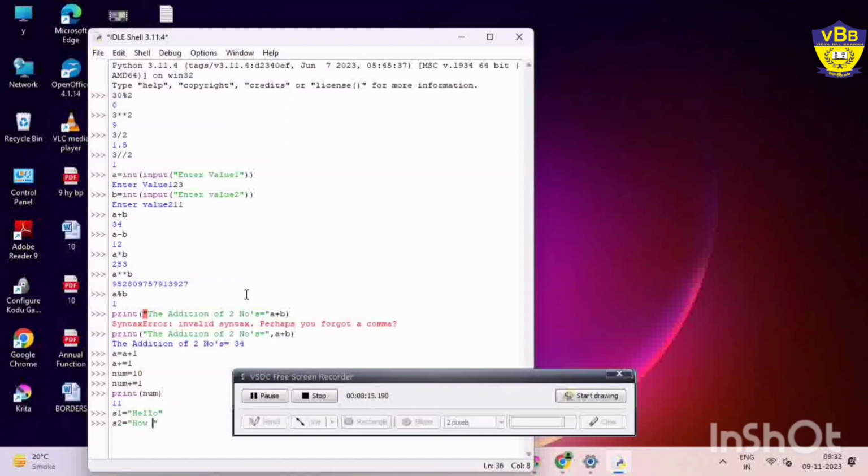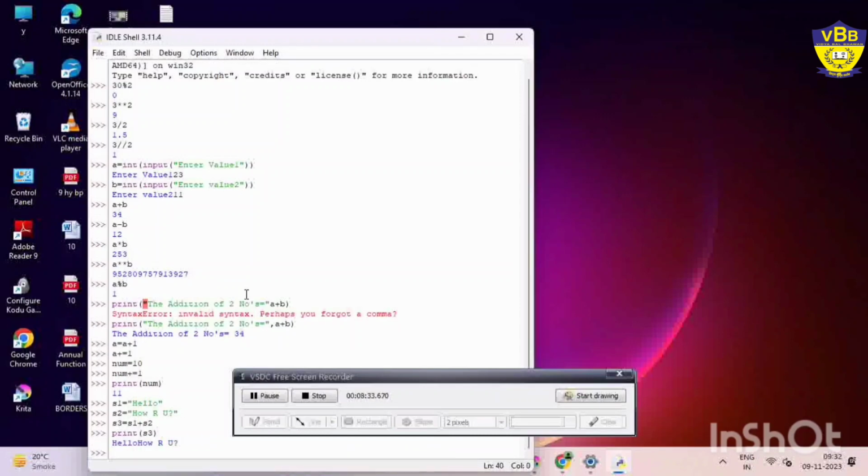You want to add these two messages, so you can use the plus operator to concatenate them. S3 is equal to S1 plus S2. Now if you print S3, you will see that the strings are concatenated, joined, right? See, hello, how are you?